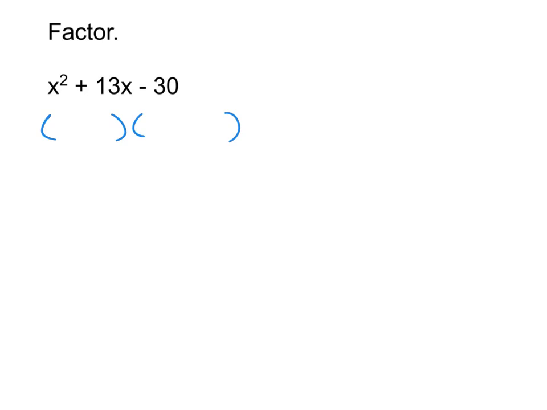Now, in order to do that, we need to try to figure out which two numbers add to our middle number, which is a positive 13, and multiply to our last number, which is a negative 30. Now, if I just ask you that question, what two numbers add to 13 and multiply to negative 30, you hopefully can come up with that answer fairly quickly off the top of your head. If you can, good news. All you'd have to do is plug those numbers into the parentheses,